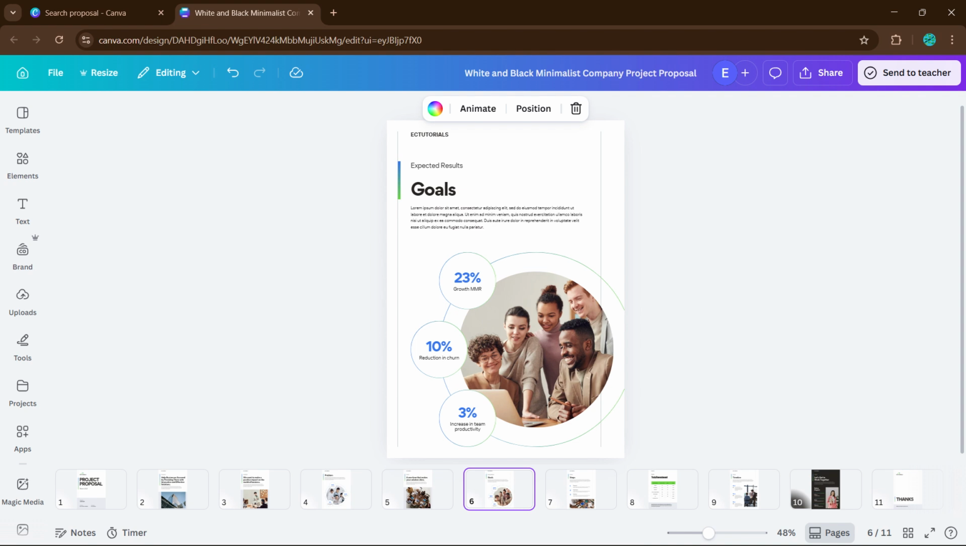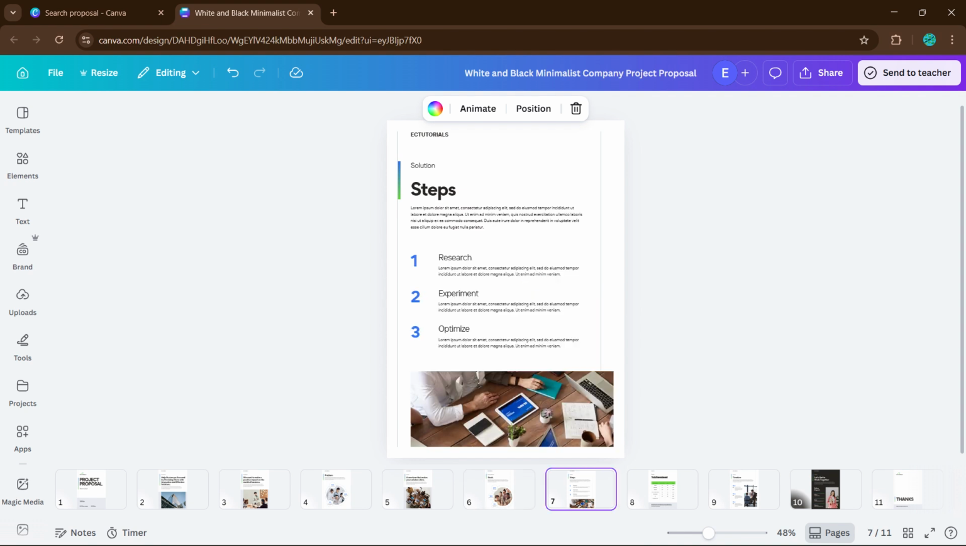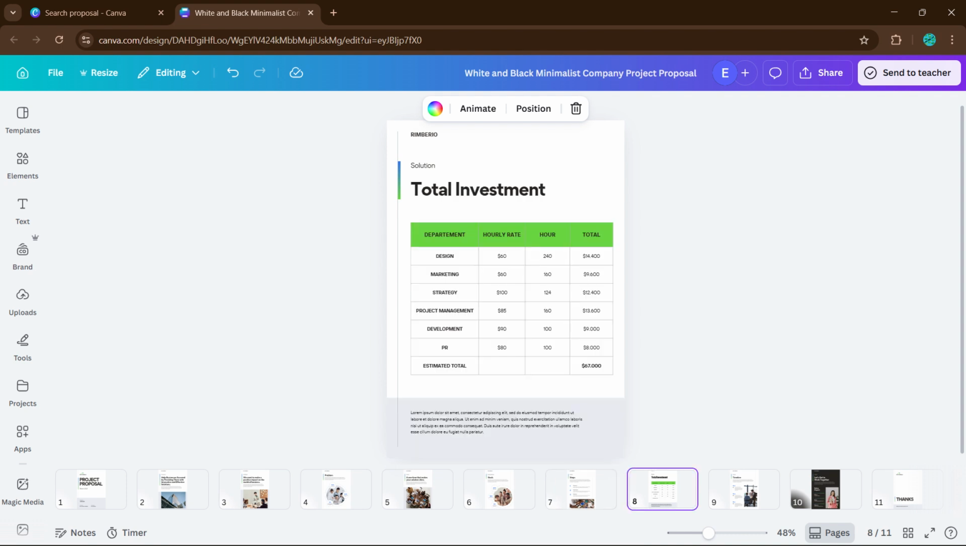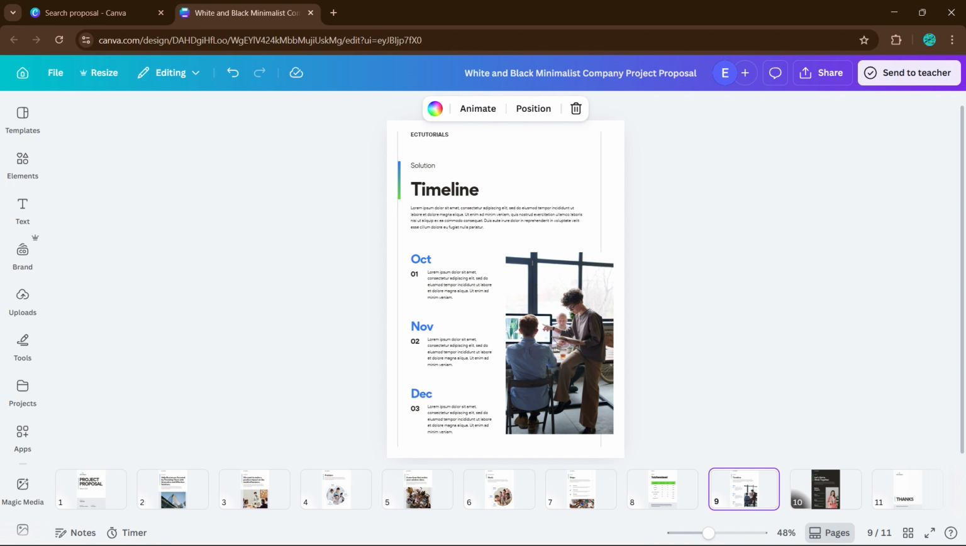Then explain the methodology or plan, where you outline the steps of the project, the tools you will use, and the general process. Of course, every proposal should include the budget or pricing. This section explains the cost of the project and the payment terms so the client understands the financial side of the proposal. You can also include a timeline showing when each phase of the project will happen, followed by a